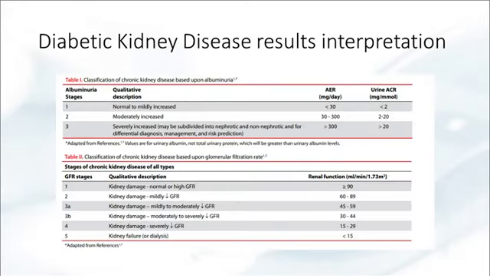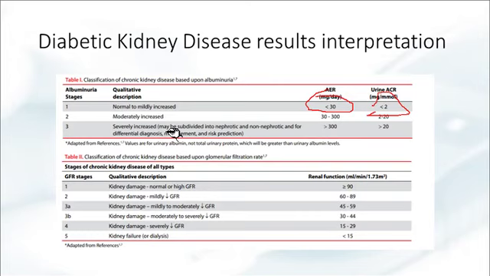And how do we interpret these results? Well, if the person is normal to mildly increased albuminuria, you will have albumin excretion ratio of less than 30 milligrams per day and a urine albumin to creatinine ratio of less than 2 milligrams per millimole. When they have a moderately increased, you will have anywhere between 30 to 300 and 2 to 20 milligrams per millimole. And if they have severely increased,